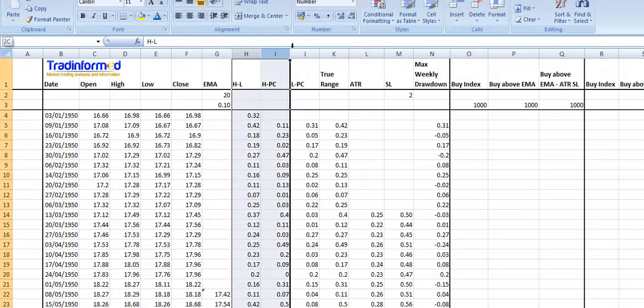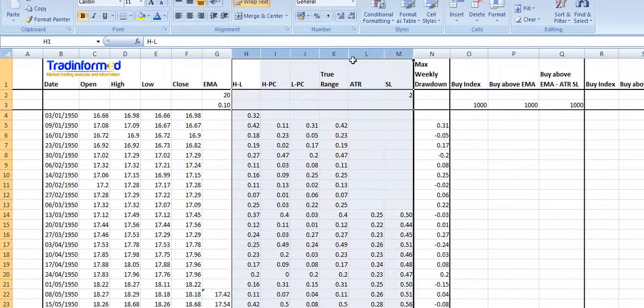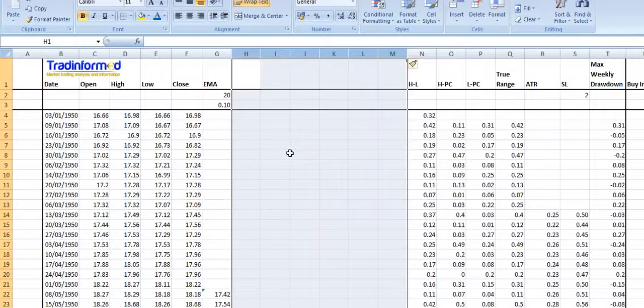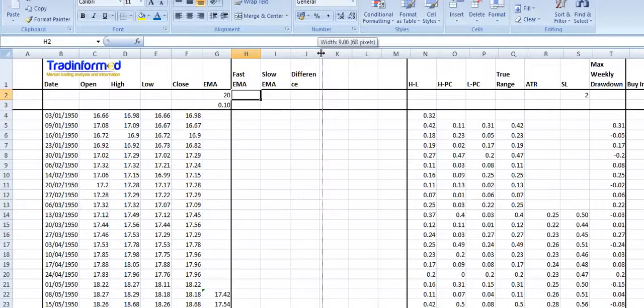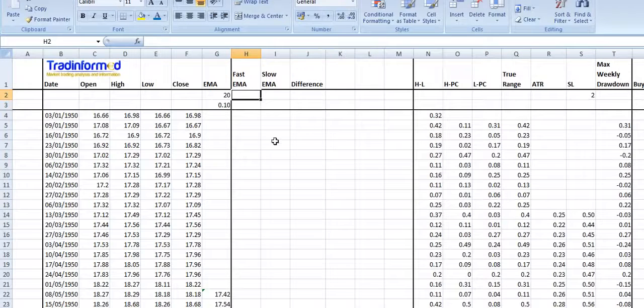And I'm going to calculate the MACD. I'm going to create some new columns and calculate the MACD based on the closed data. So I'm going to put in a column here for the fast EMA, slow EMA, and then the difference between them. And we're also going to have a signal line. Okay, so the settings I'm going to use for the MACD are the 12, 26 and 9, which are the